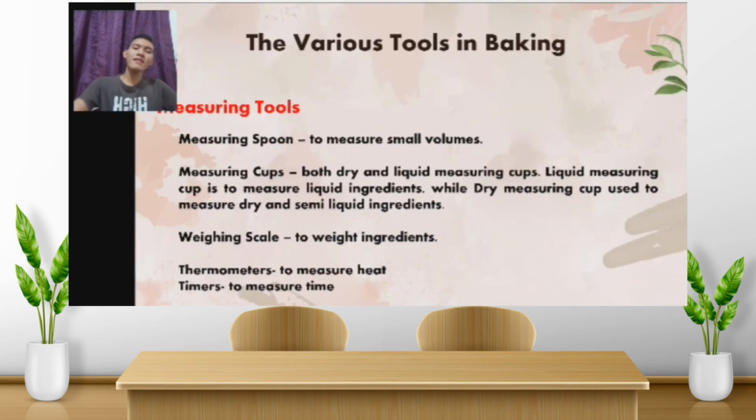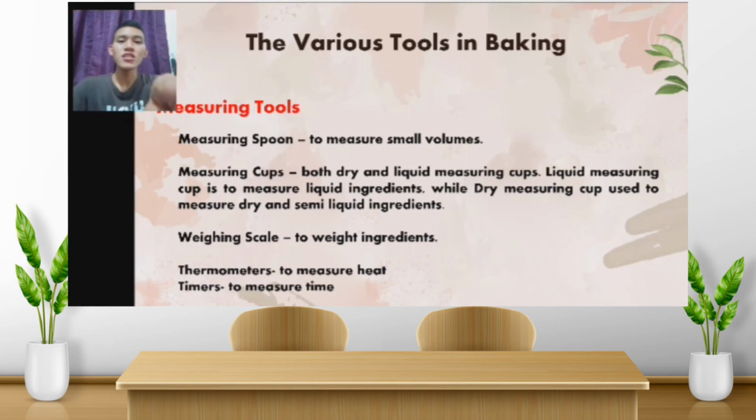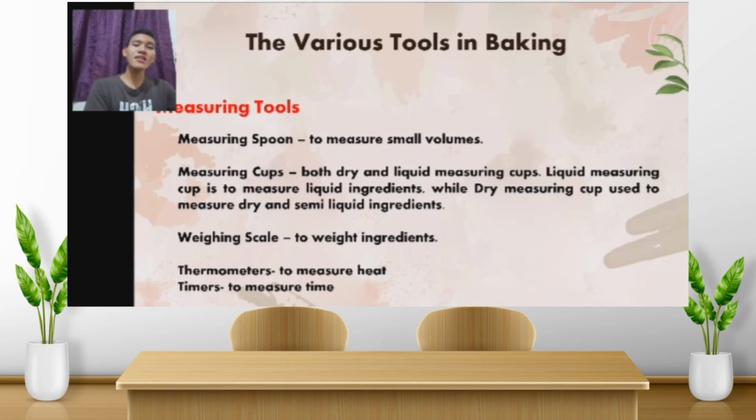So here are the various tools and equipment in baking. In baking, the tools and equipment are classified according to their uses. Okay? It is measuring tools. So again, the tools and equipment are classified according to their uses, starting off with the measuring tools. Okay? So this measuring tools is that